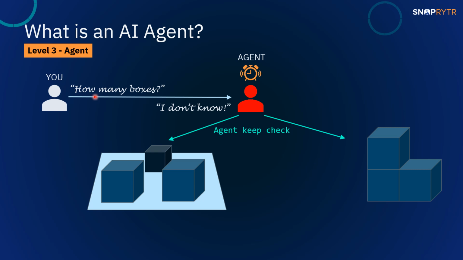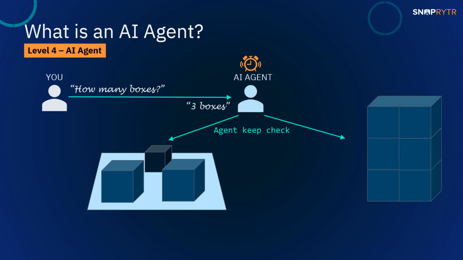Remember in the previous slide, you were not there in the picture. Why? Because this agent is now autonomous. It starts on its own and it takes informed decisions. However, this cannot answer your queries. For this, it must be equipped with an intelligent LLM model so that it can generate answers for you and it lets you know about the environment it's working in.